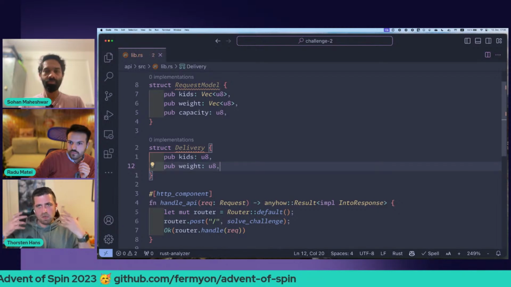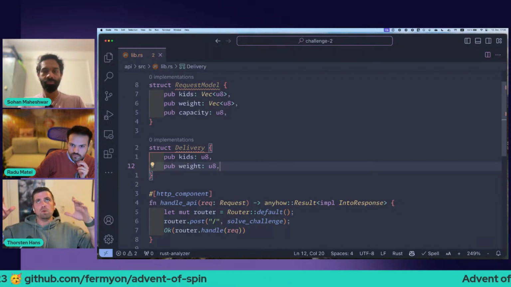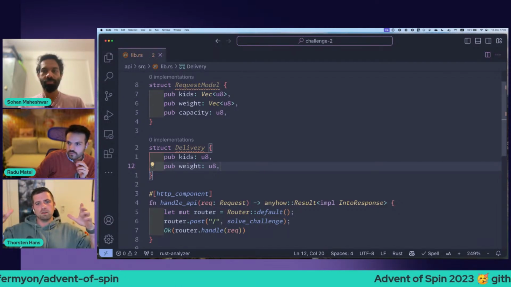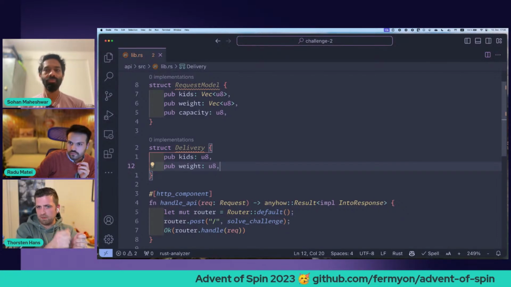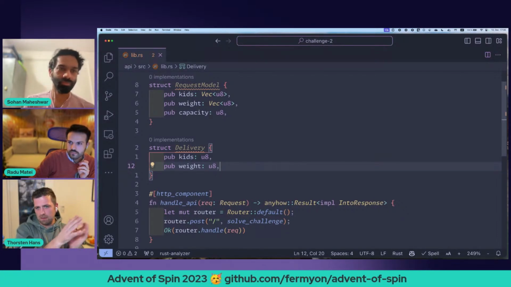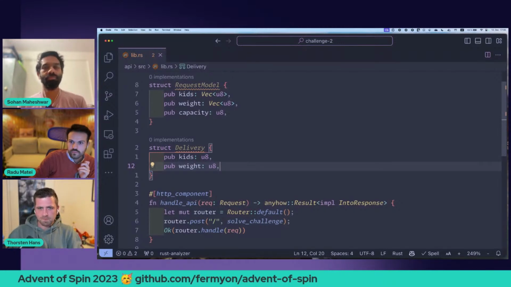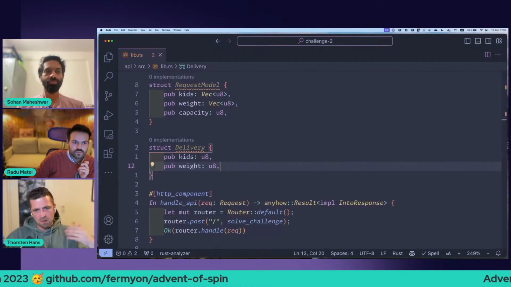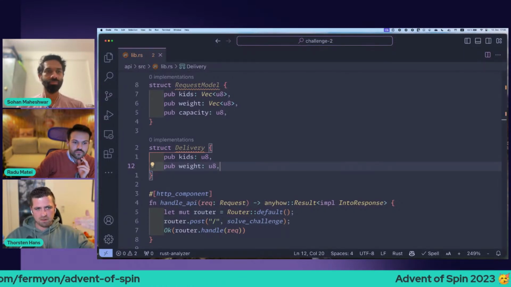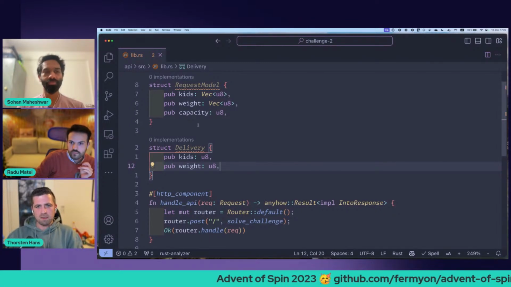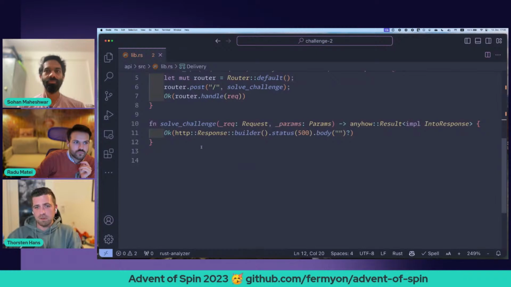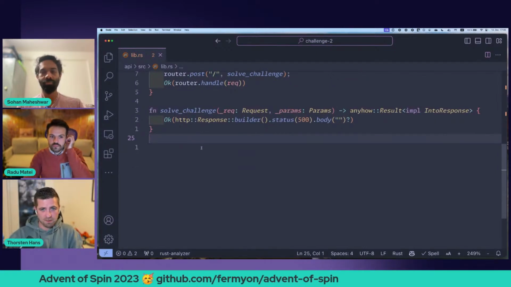In my mind right now, I could come up with a vector of those things. Then I always have the connection between the amount of kids and the weight of the presents. And then I just have to sort it and poke around with the capacity until we are out of capacity. But to streamline that experience, I would use basic unit testing over here.